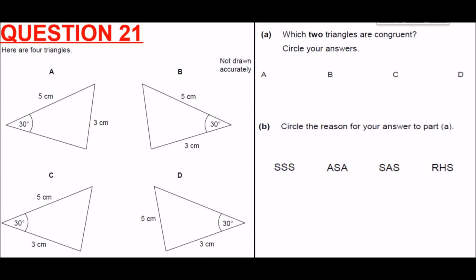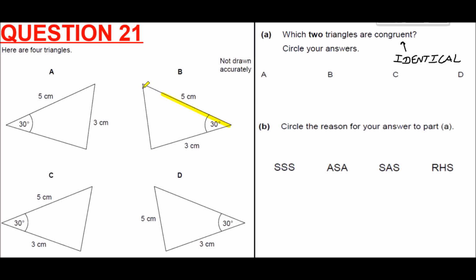Question 21, we're asked which two triangles are congruent. Congruent is just a fancy word you might see on the maths paper, and all it means is identical. So which two triangles are identical is what this question is asking us. Now there is a test for triangle congruency, and one thing we can test for is if we have an angle trapped in between two sides and the angle's the same and the two sides trapping the angle are also the same. So in this case, for example looking at B,